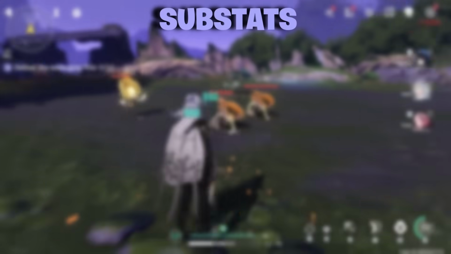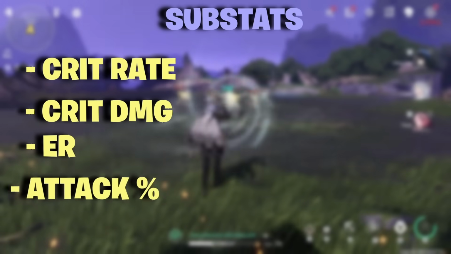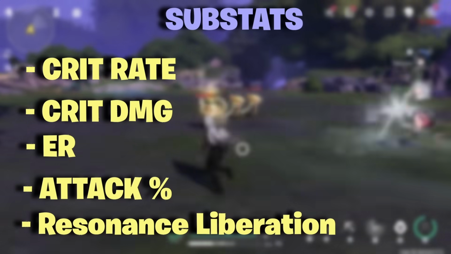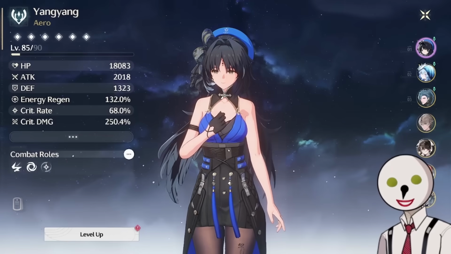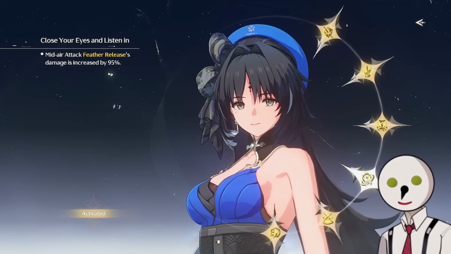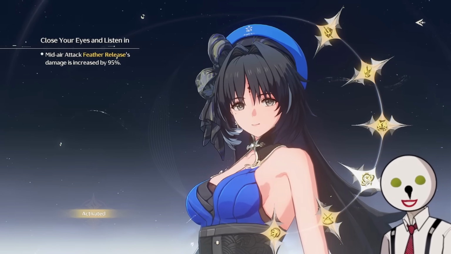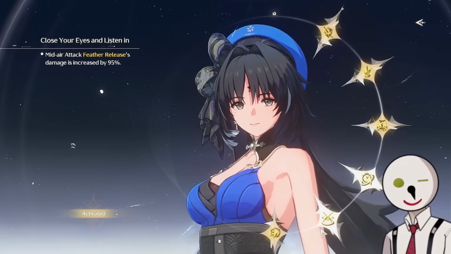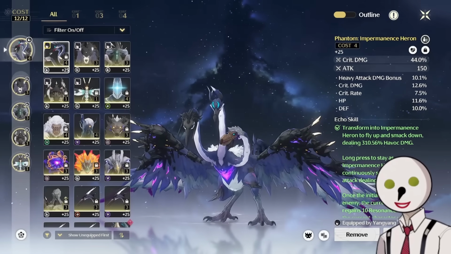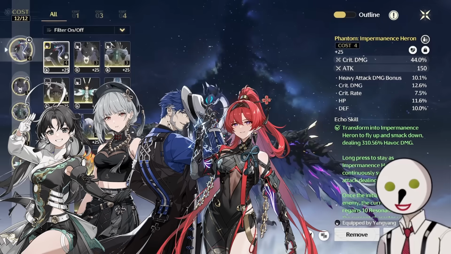When it comes to her substats, you'll want as many crit rate, crit damage, energy regen, and attack subs as possible, with Resonance Liberation damage bonus as a cherry on top. YangGang is a character that scales very well with crit, especially as you get more of her sequence nodes, but it can be very difficult to have a good ratio given that she has no inherent bonuses across her skill tree. Chances are, you already have multiple reusable pieces from other sub-DPS characters, so the main echoes you'll have to